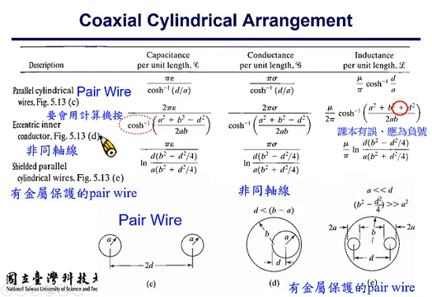Table 5.2 also lists three other structures. One is the pair wire, which will be discussed more closely in today's lecture. In today's lecture, we will cover the per unit length capacitance calculation for the pair wire arrangement. That is, two wires with a certain radius, separated by a distance of 2d in space. The other one is the so-called eccentric inner